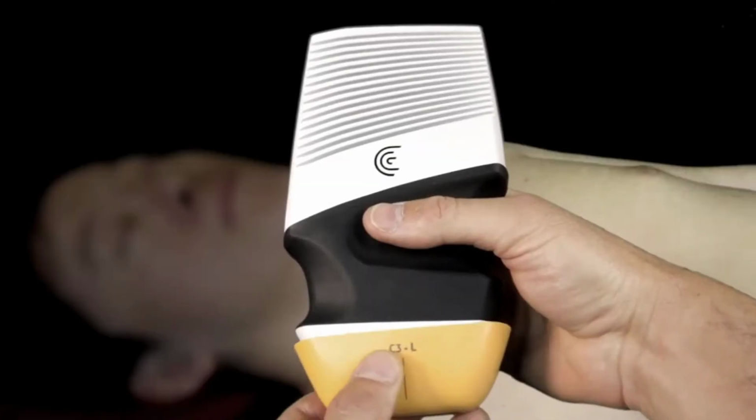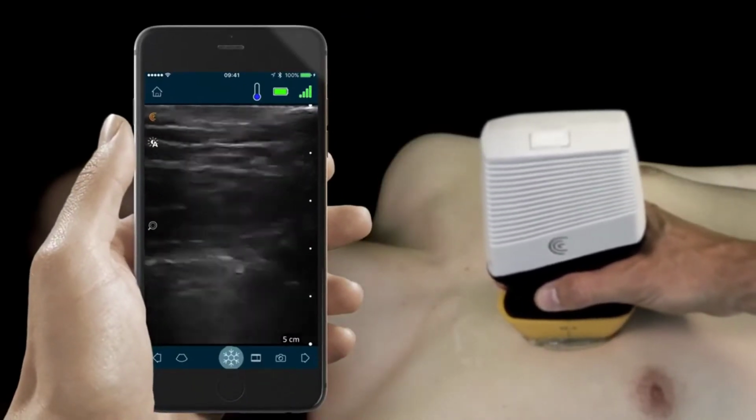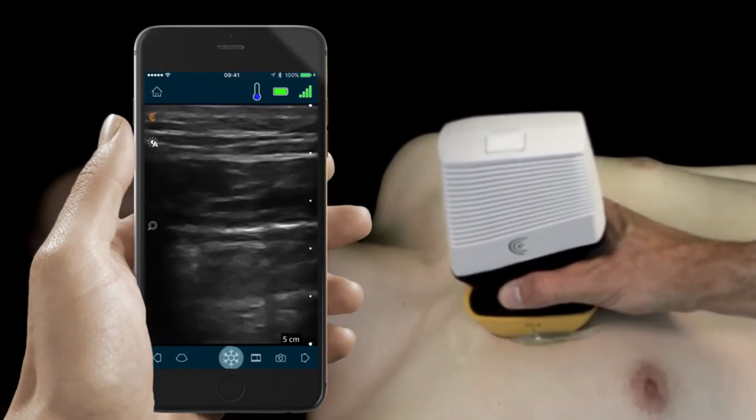Using the Claris scanner and the Claris clip-on attachments. For the first part of our extended FAST examination, we're going to examine the lungs looking for any sign of